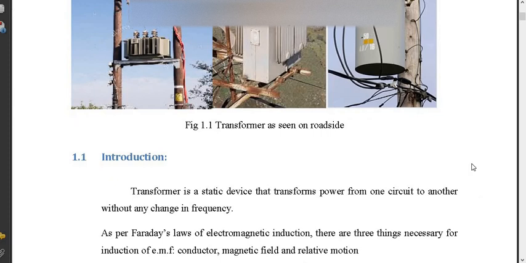Now let me define transformer first. What do you mean by transformer? Transformer basically is a static device that transforms power from one circuit to another without change in frequency. The word transform is important over here. It is not just transfer of energy, but transformation of energy. Why the term transform is used, I'll be elaborating on a bit later, but for the time being just remember it's a static device that transforms power from one circuit to another without change in